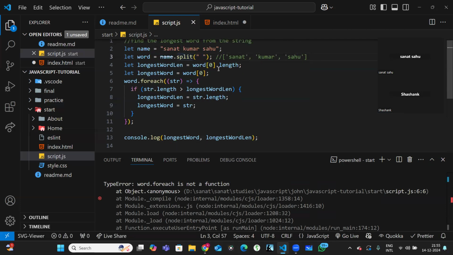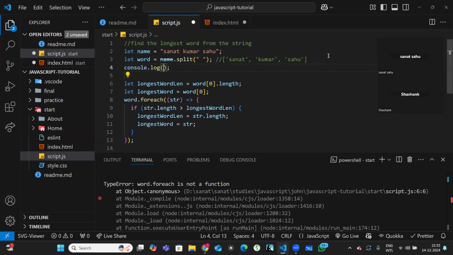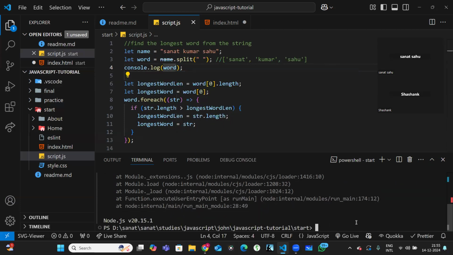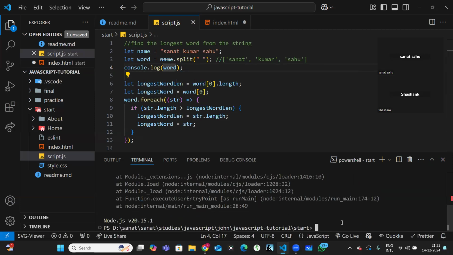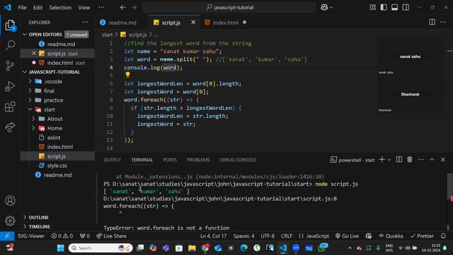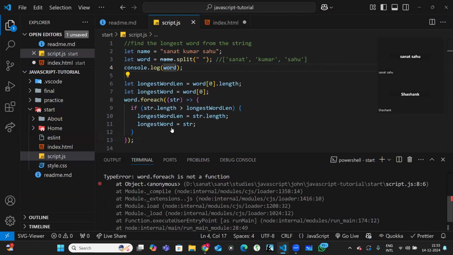Okay, when we split a string, what do we get? That is one question, right? I think we will get the array of, let's see. What do we get? Okay, Sanat Kumar, so that is what we get, right? So that is correct. Now what is it saying? forEach is not possible. Okay, so it is not able to identify what is